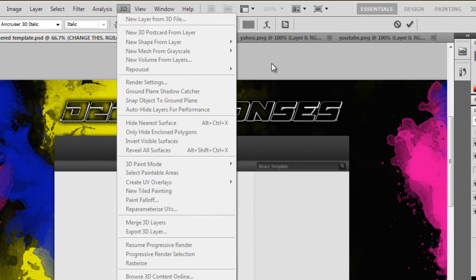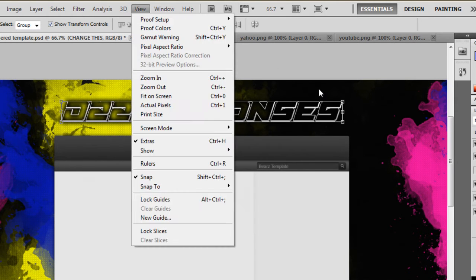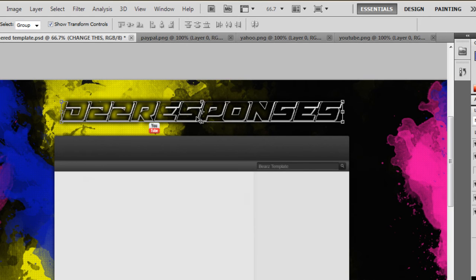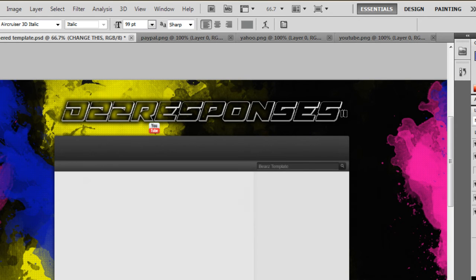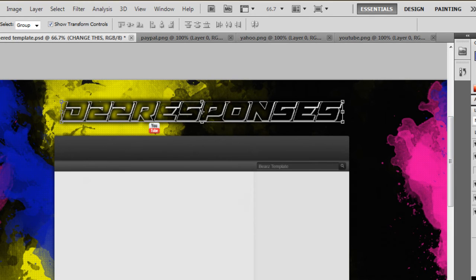So let's go to 3D. Huh, usually something would happen there. Anyways, you would go to 3D. Oh, you have to make sure that it's selected entirely. You can't just use the text tool and highlight it like this. You have to make sure that the selected layer is active. So you click this arrow so that it selects this. We'll just delete this. You have to make sure that the text layer is highlighted, and then you